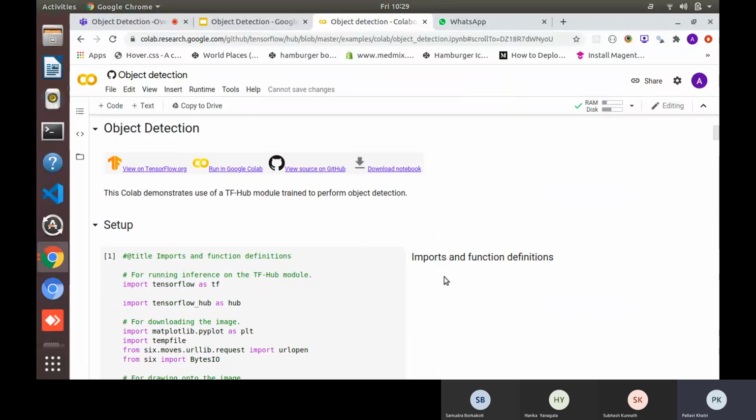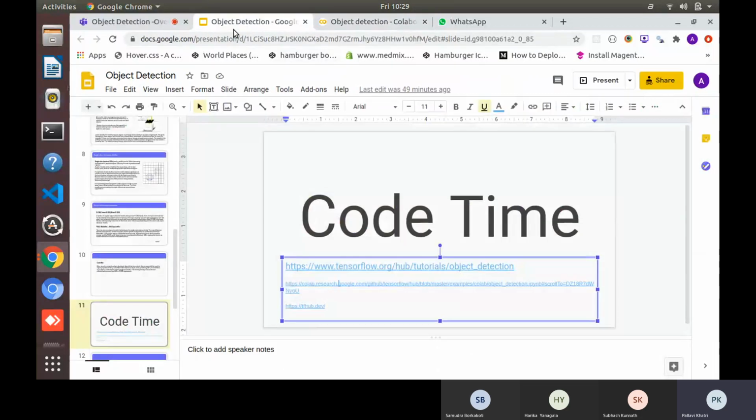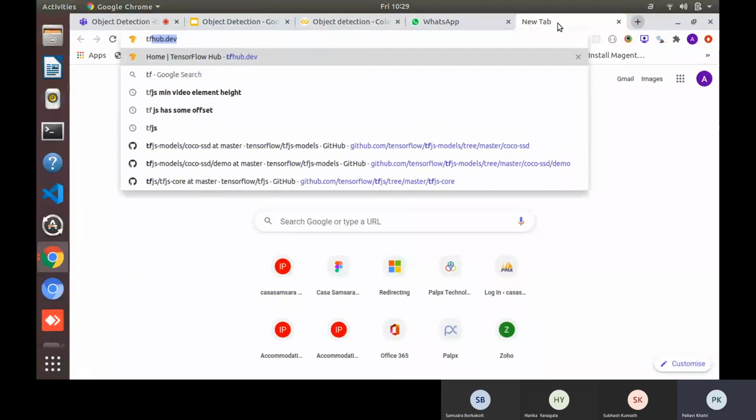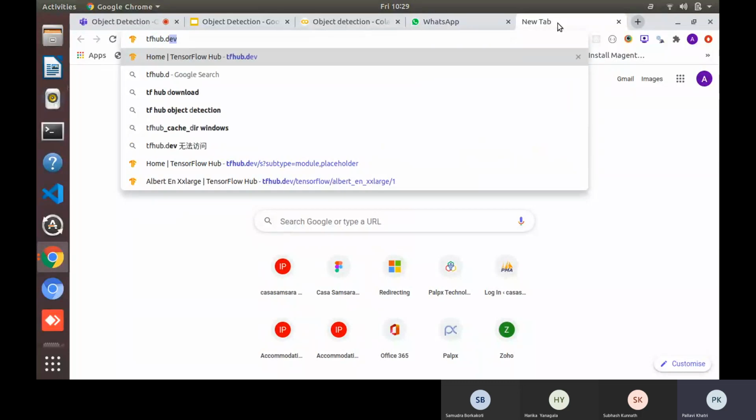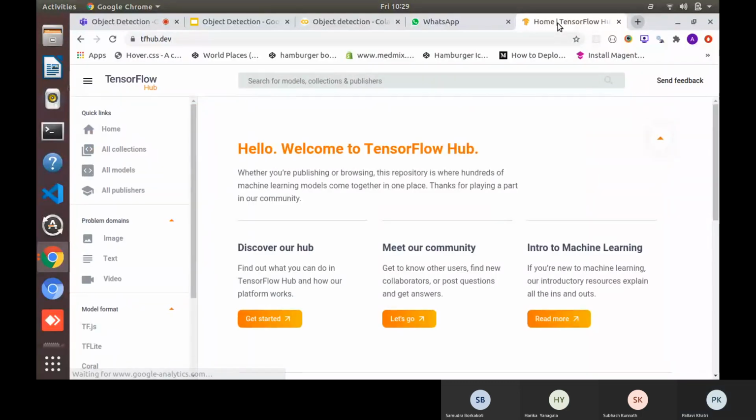Now there is a central repository here. I have mentioned the name, tfhub.dev. So if I go to tfhub.dev, yeah. Here they have all sorts of models, whether text based, image based, or video based.